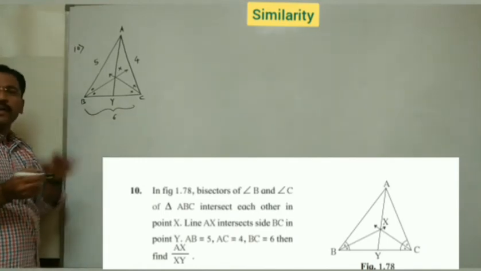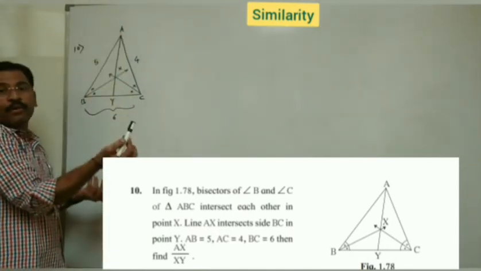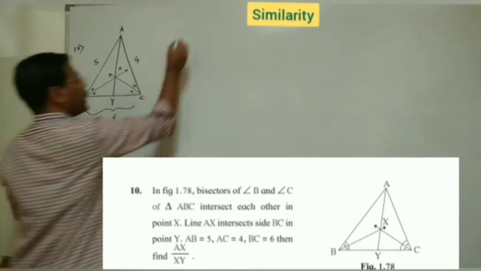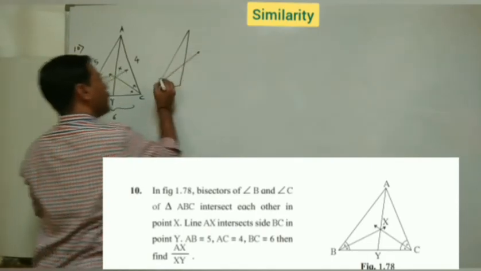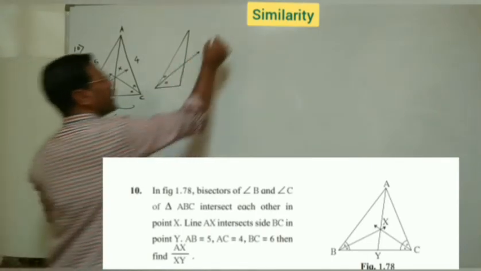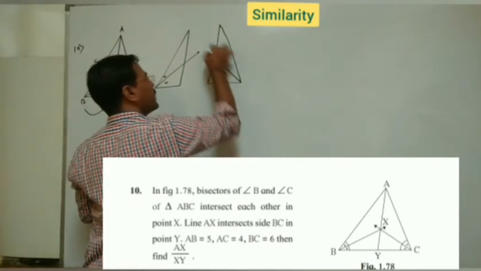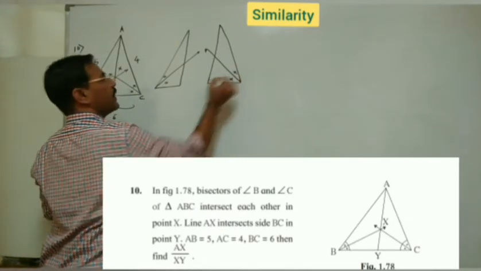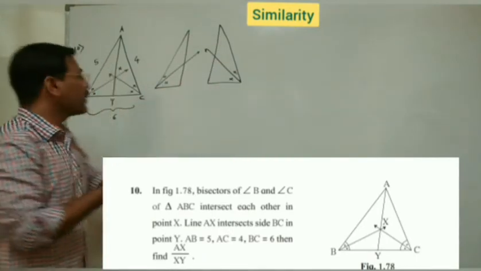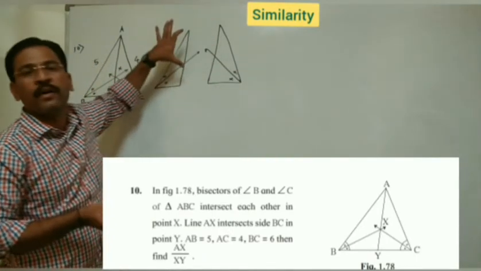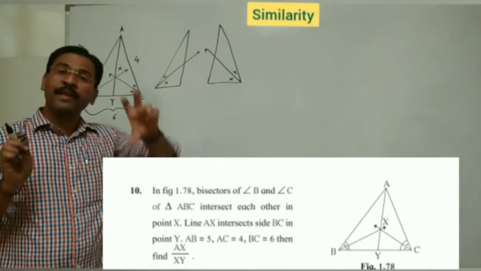If you observe here, there are two triangles. In this side triangle ABY we can apply the angle bisector property, and similarly in the other side triangle also, where it is also a bisector. Apply the angle bisector property here and here. In both of them we get AX upon XY. By equating, we will see afterwards what we can do in the calculations.